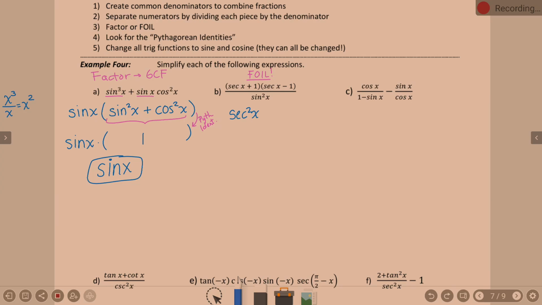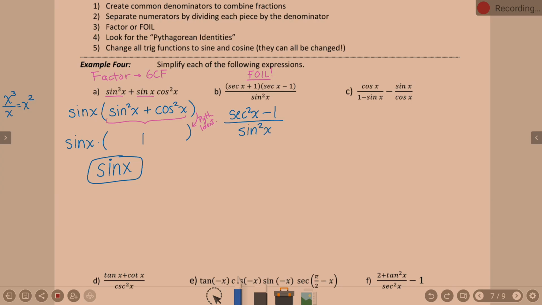Now, what about when you multiply the outside? Secant x times negative 1. So it'd be minus secant x. What about when you multiply the insides? Plus secant x. Secant x times positive 1 is plus secant x. What are you noticing at this moment? They get rid of each other. A minus secant x and a plus secant x. Are those going to cancel out? Yeah. So your outsides and your insides are going to cancel out, and then you can jump to the last. Positive 1 times negative 1? Minus 1. All still over